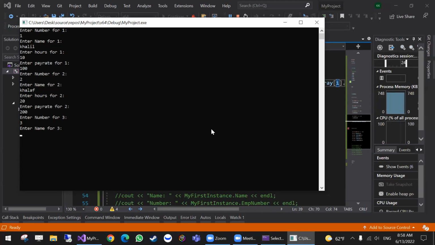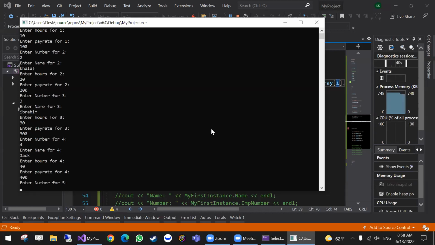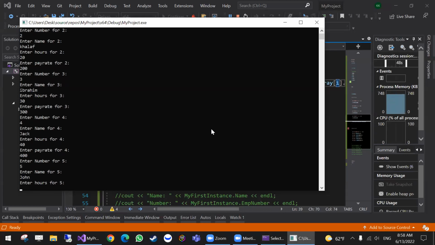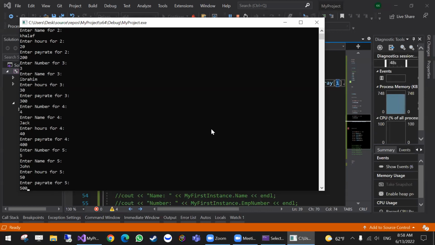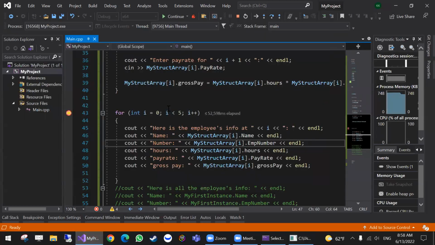Then 3. ID is 3. Name is whatever. Hours is 30. 300. For 4, I'm gonna say it's 4. Name for 4 is Jack. Hours 40, for differentiating it. The number for 5. Name for 5, let's say John. 50. 500. Now that I populated info for all 5, I can hover my mouse over my array, and